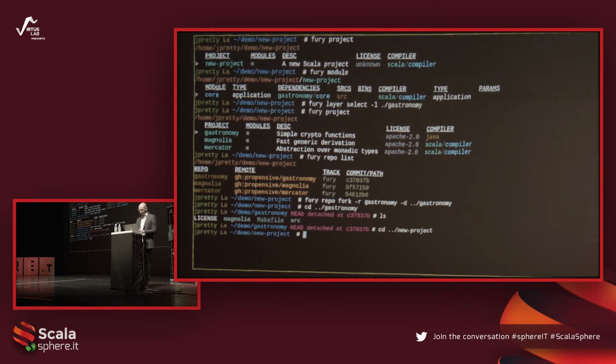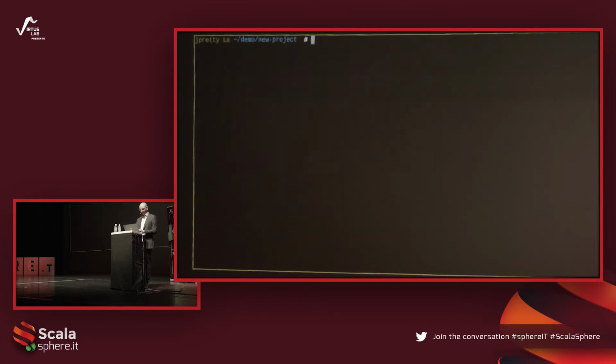Now, what I would like to do is try and compile that. So Fury build compile, and I'm going to run that with the watch flag. So that will build everything once again. Actually, I've got the gastronomy project selected at the moment. What I need to do is go back to my main layer, because I'm in the gastronomy layer and I'm building gastronomy. So let's